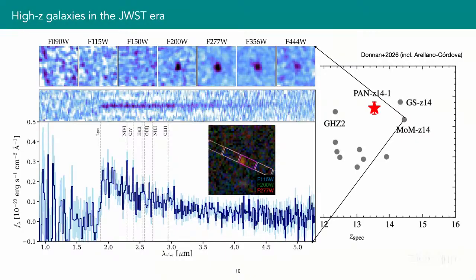And we have nitrogen, carbon 4, carbon 3, and oxygen 3, from which we can derive some properties. At this redshift, yeah, we use the optical. So we can determine metallicities, but we can do other things or try to approximate the value of metallicities in this region. So I will also show this spectrum,